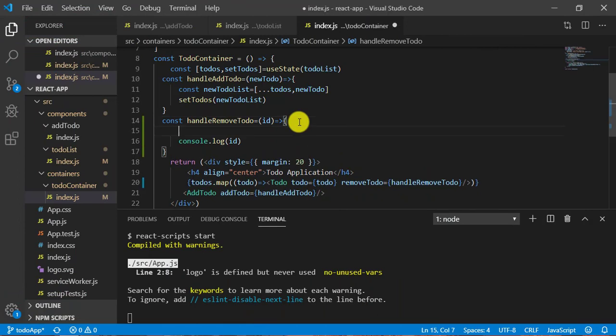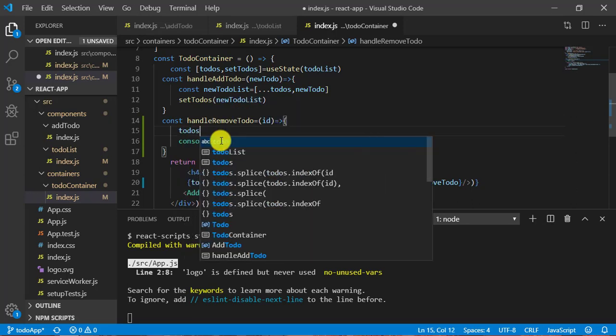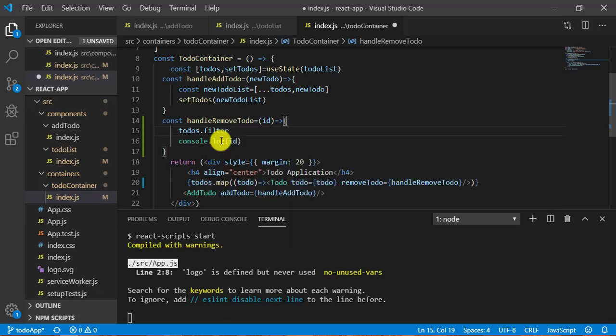So now I will first get this to-do. So I can write todos dot, and here I can go with filter. Filter is a method which will return true or false. If it's true, it will return the particular object. If it's false, it will not return.